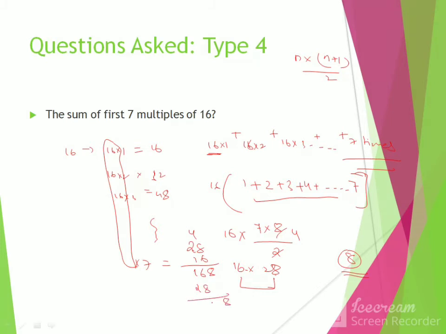Now 8, 14, 4. So from here also you can get that the unit place is 8, and 8 plus 6 is 14, so the 10th place will be 4. So with that also you can verify, and at least in one option, the unit place will be 8 and the 10th place will be 4. Anyhow, if you multiply, the correct answer will be 448, given in one of the options.